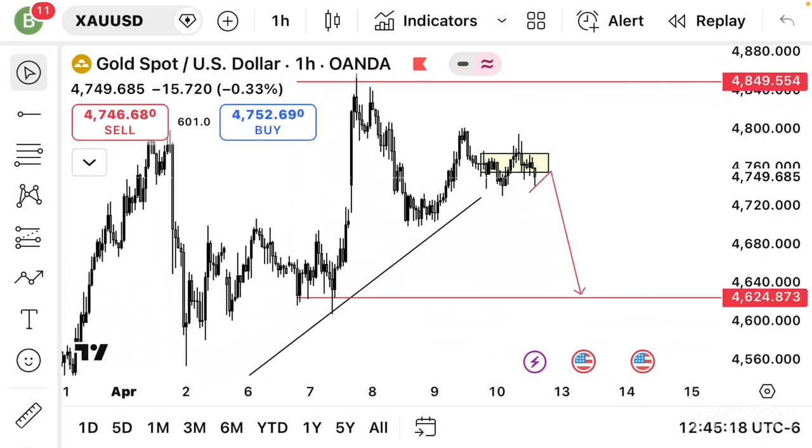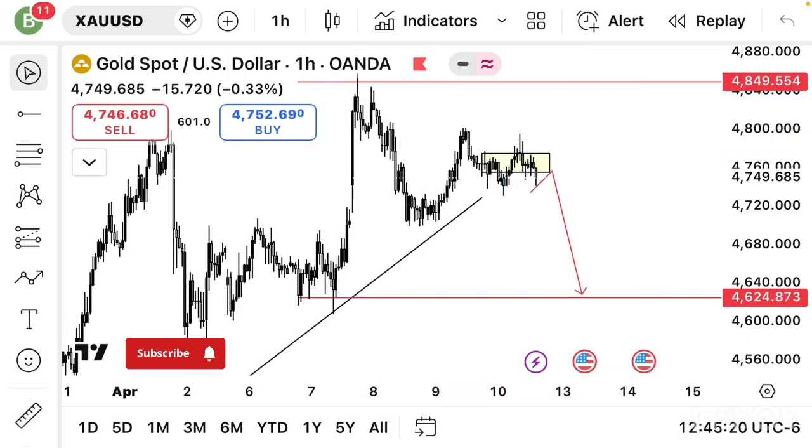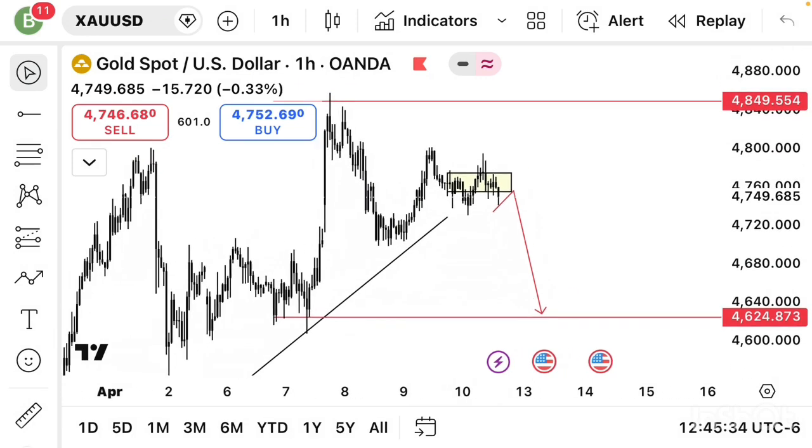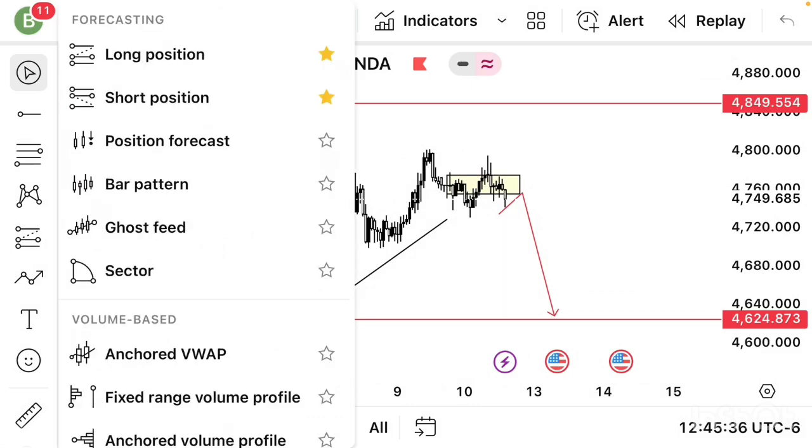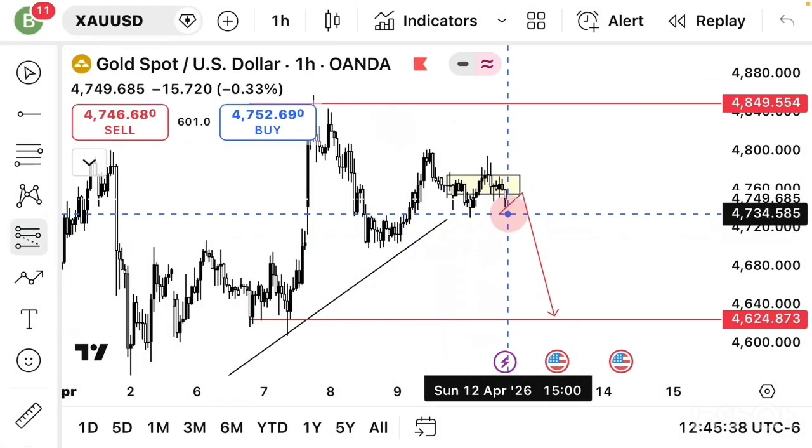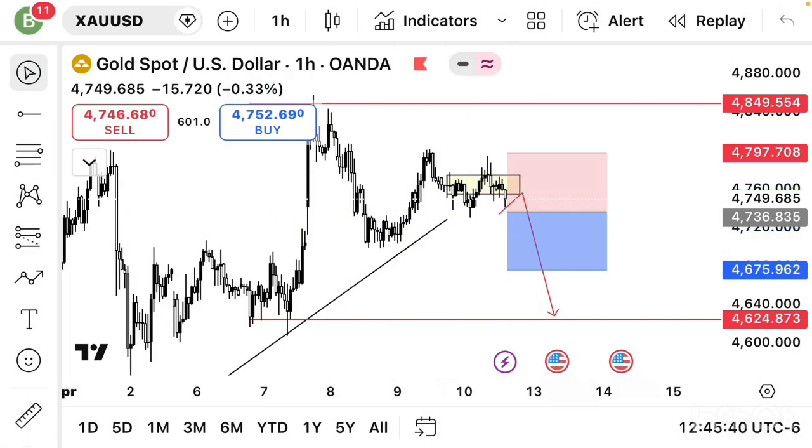It's very simple. You have a supply zone, price is trading within the supply zone. All you need to do is wait for confirmation only on the 1 hour. It doesn't work on any other lower time frame. Just the supply zone, a simple confirmation, a simple drop to the downside. When the market opens, I'll just wait for an extra bearish confirmation, and I'll just sell,